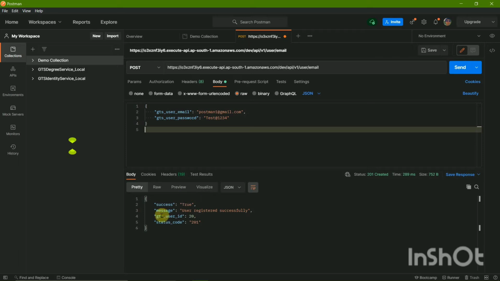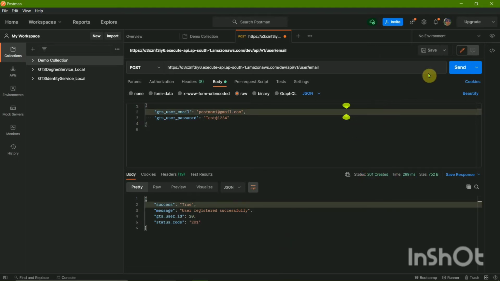Then yeah, I get the response with the success message true. Then the message as user registered successfully, and we have got a user ID also, saying 20, and the status code is 201. So that is the HTTP status code. This means basically created, so it is already set over here.